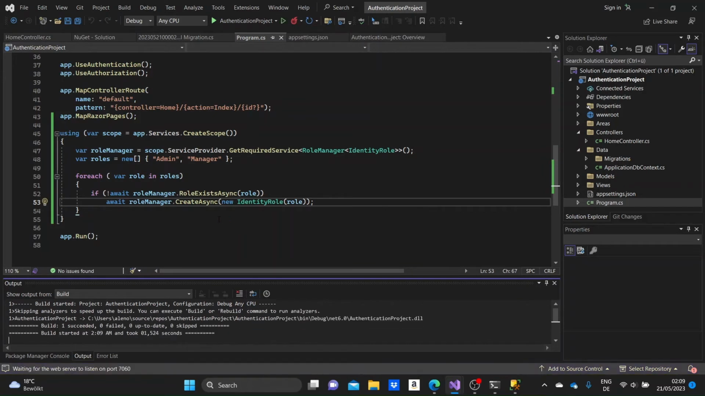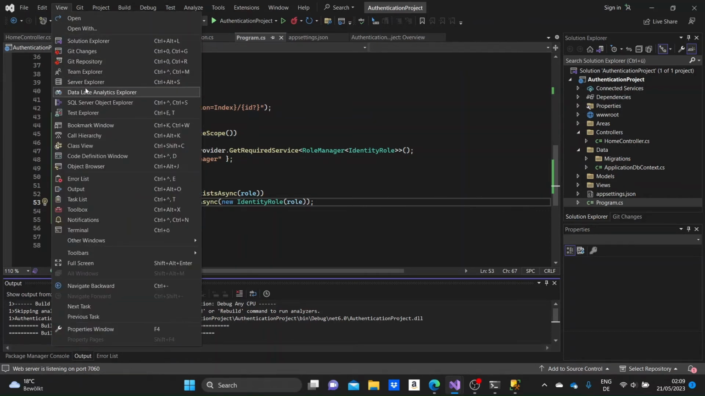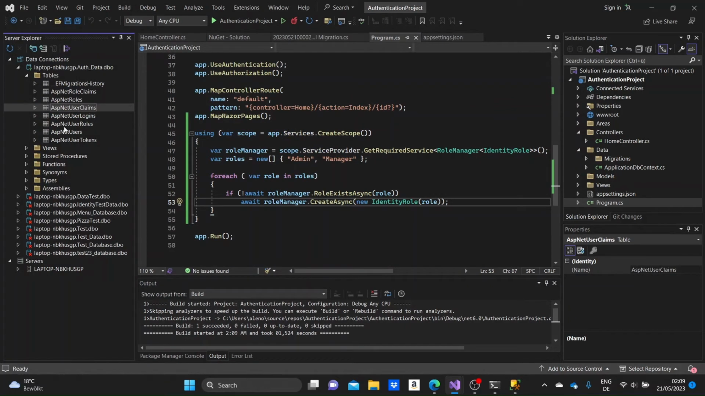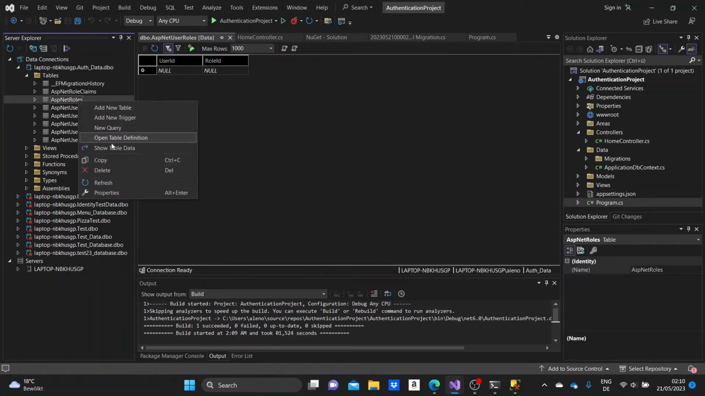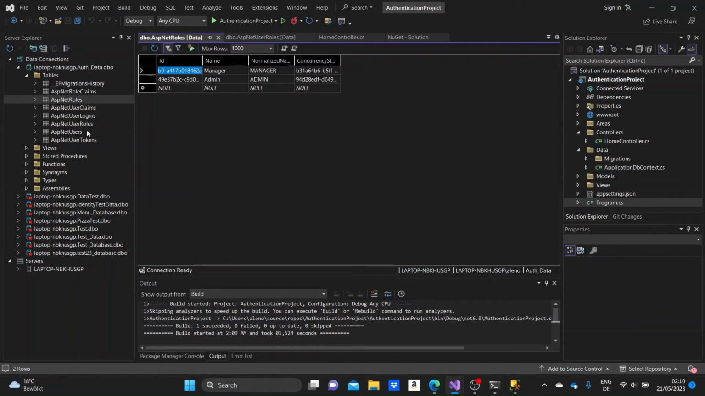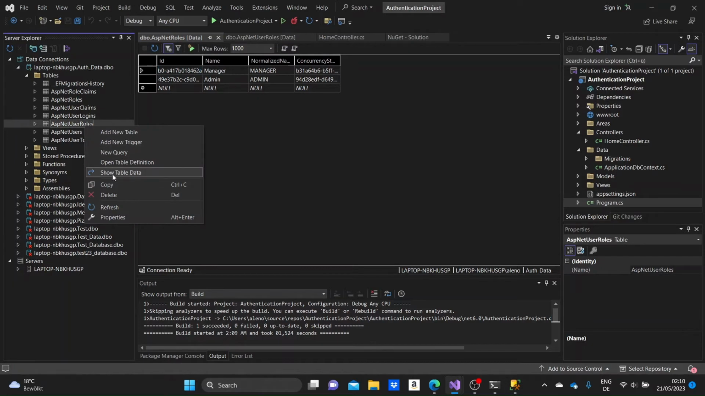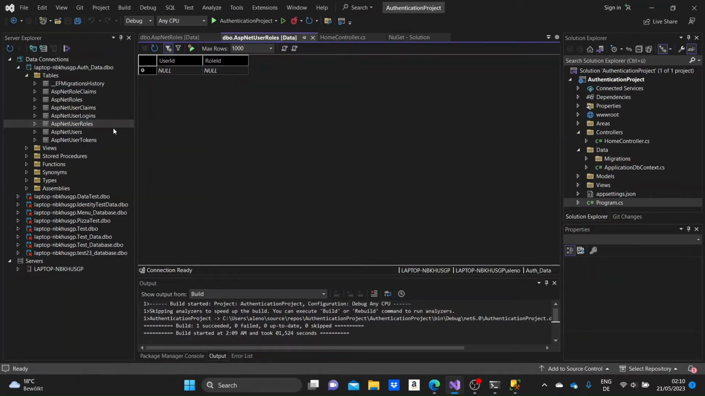And we can open up the Server Explorer view, Server Explorer. We can go to the ASP.NET roles. And here we have the manager and the admins. If we grab the ID of, for example, the manager, and we go to the user roles table, ASP.NET user roles, we here can specify,